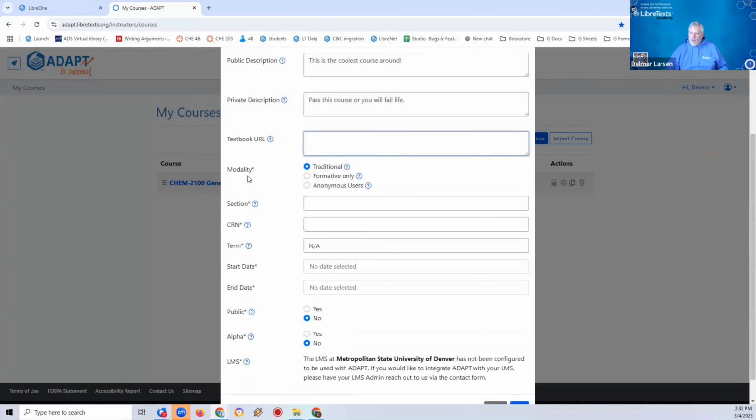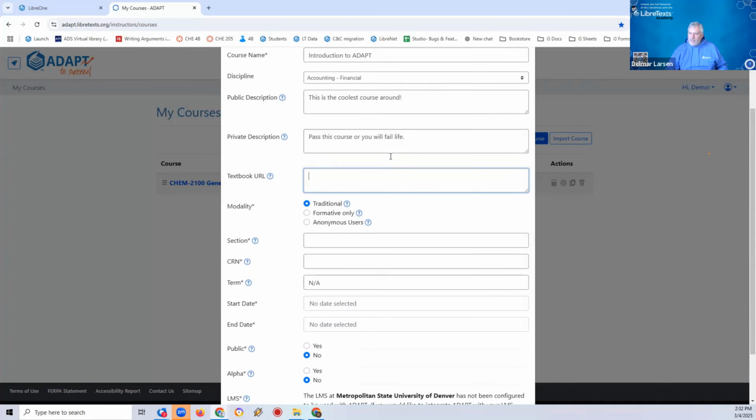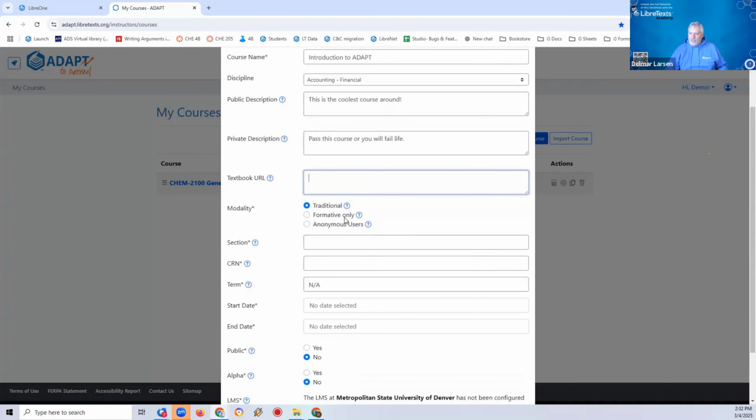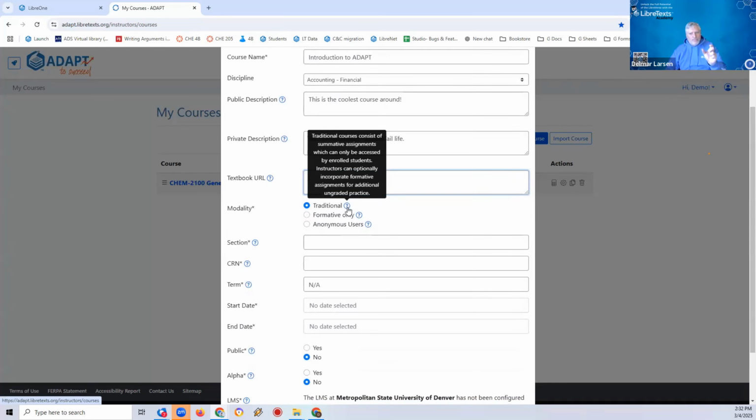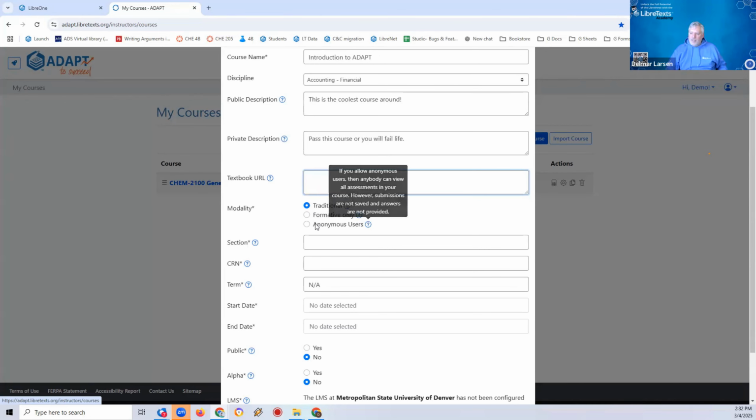Now comes something that's required, which is the modality. What do we want this course to be? And there are three options on here. And this is the first time that I want to talk about these question marks. If you hover over these question marks, it'll introduce what's called the tooltip, which is this little mini pop-up, technically better described as a modal, that comes up so you're able to get more information regarding these things. So you could talk about these different aspects because you're probably not familiar with what these things mean.